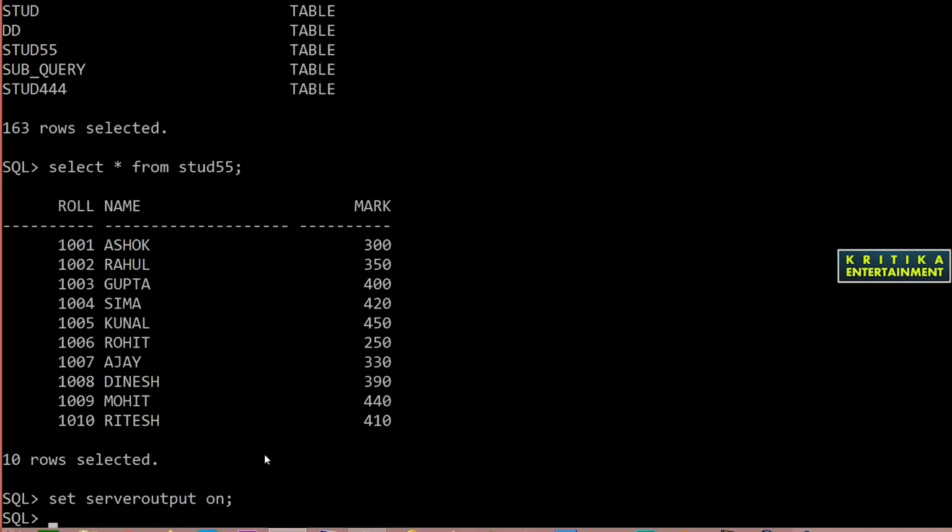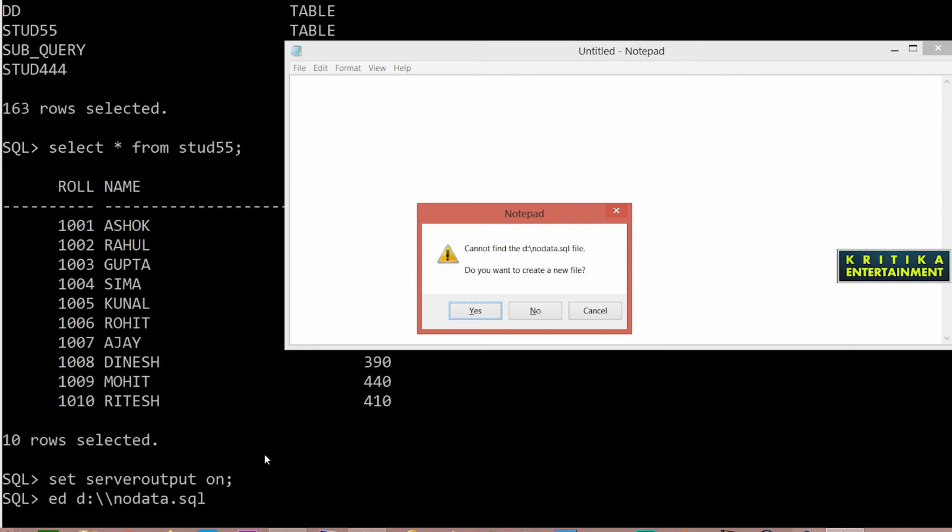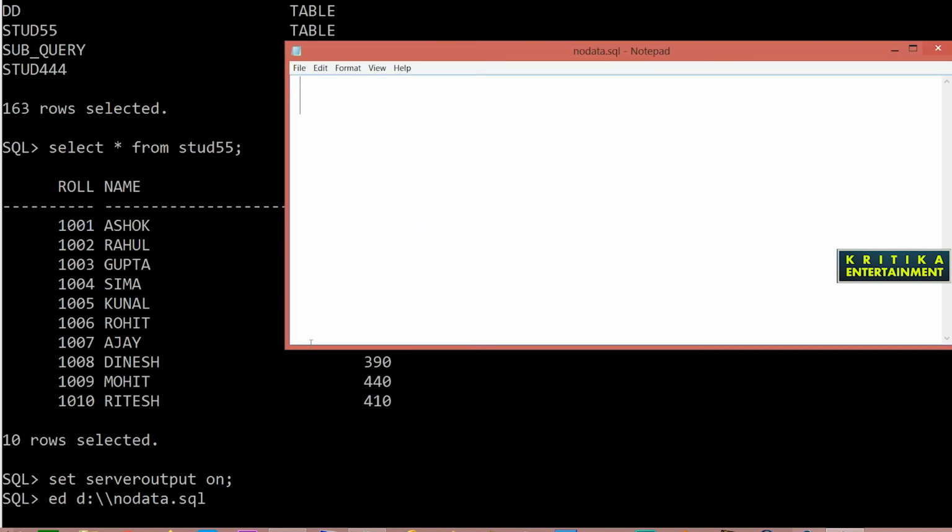Then I type ed and save it in the D drive. The file name is no data dot SQL. It opens, I press yes, and my program is open.